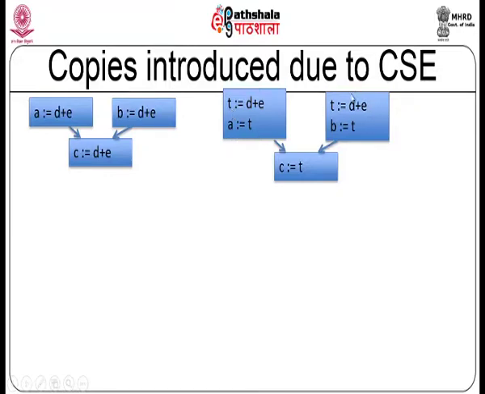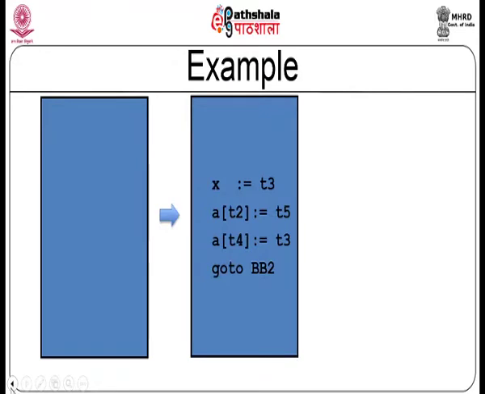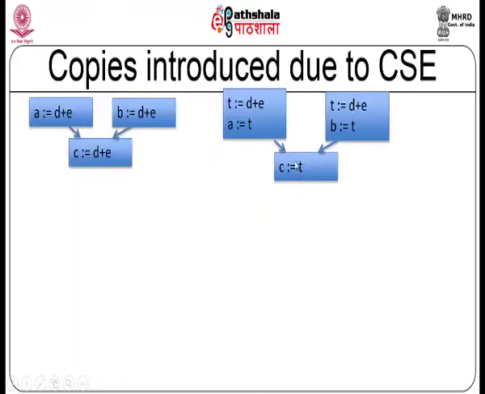So is the case here: t = d + e and b = t, because I know that this path or this path hasn't changed d or e, therefore I can reuse the same value t. Now this basically becomes c = t. Now what is redundant? I have used a = t and b = t here. So therefore c = t is a